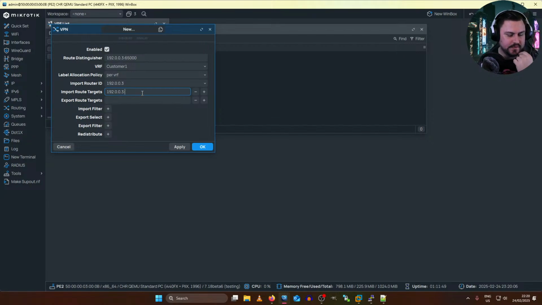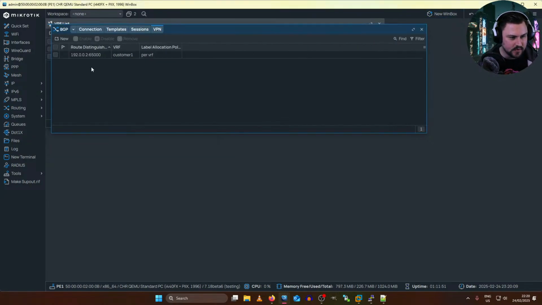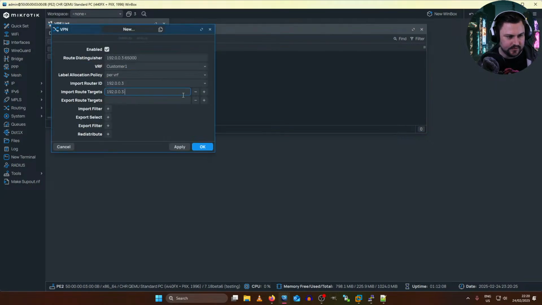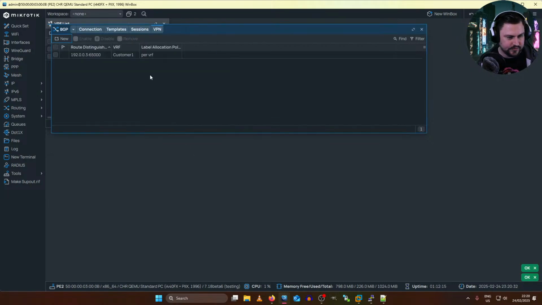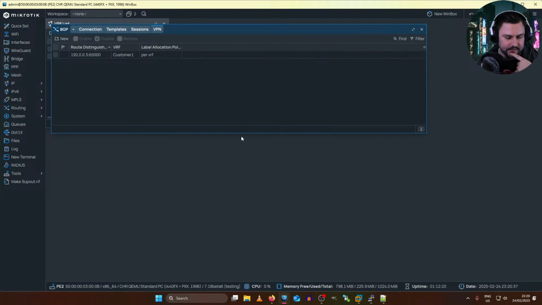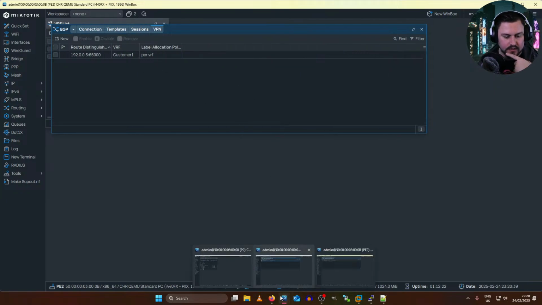Because this is going to not match now. I need to make a slight change. I need to go into my VPN, and this is where we're going to use this. We're going to use our ASN with the site ID basically, or the customer VRF route target. I think that should be what we want to do. Redistribute the connected routes, and let me just see if we're actually learning those route informations on the route reflector.